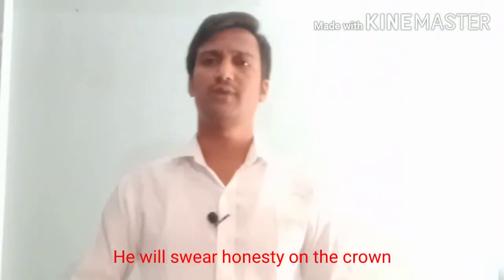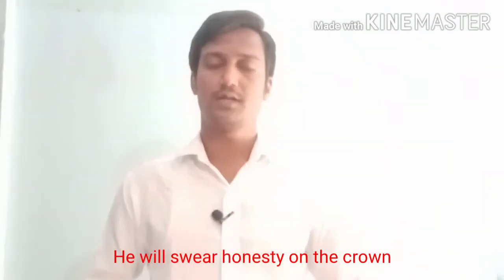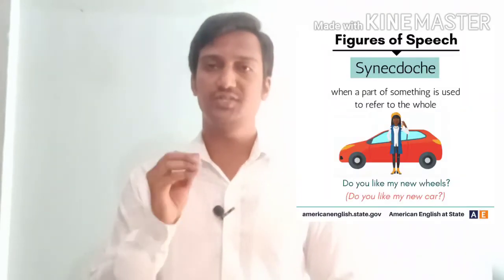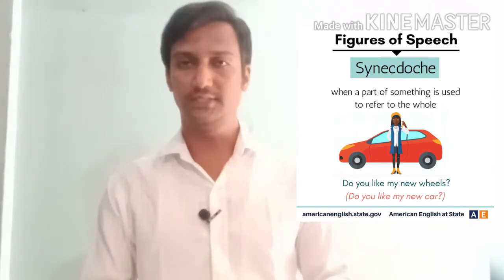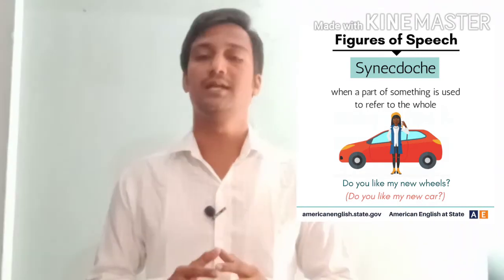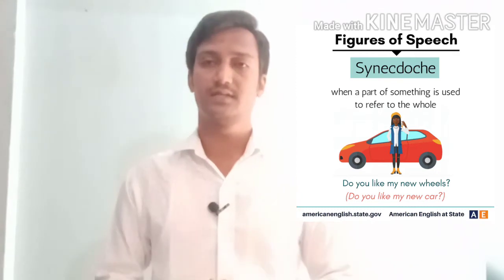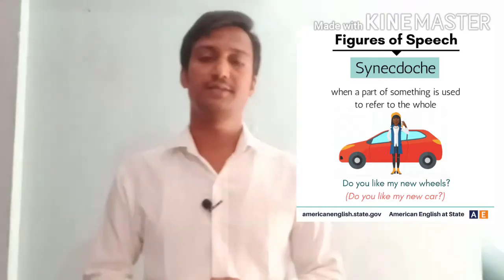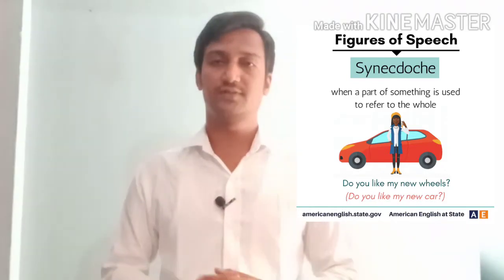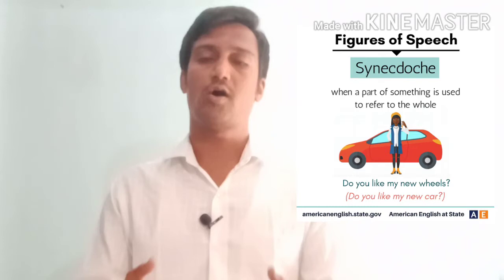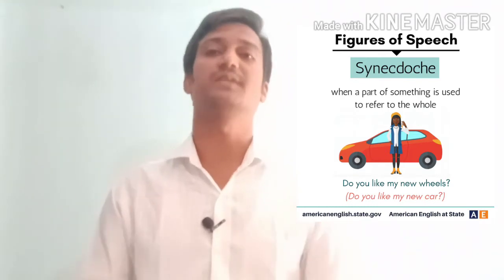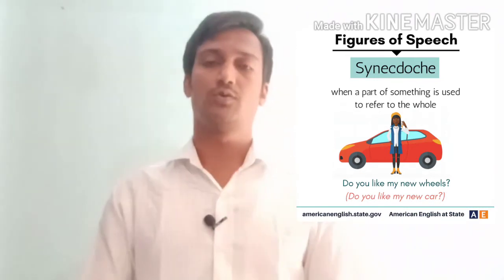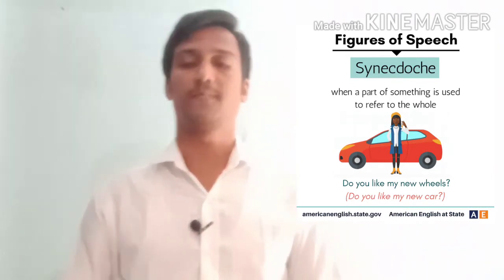Now let us go to the next device, which is called synecdoche. Synecdoche is derived from an ancient Greek word, with a K in the middle, and its meaning is simultaneous understanding. Synecdoche refers to a part of something being represented as the whole, or the whole being represented as a part of something. For example,